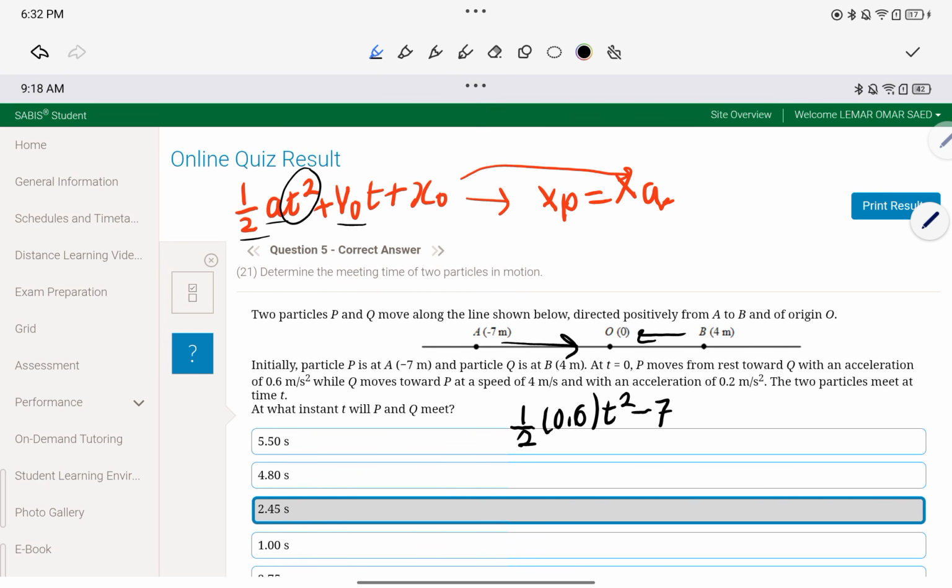Yeah, it starts from rest. Okay, so it will be 0 times 4. Yeah, so it's going to be 0 anyway. And this is negative 7. Okay, this equals x₂, which is 1 over 2 times 0.2 t squared minus 4